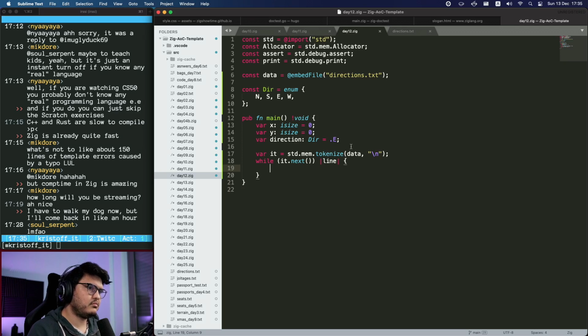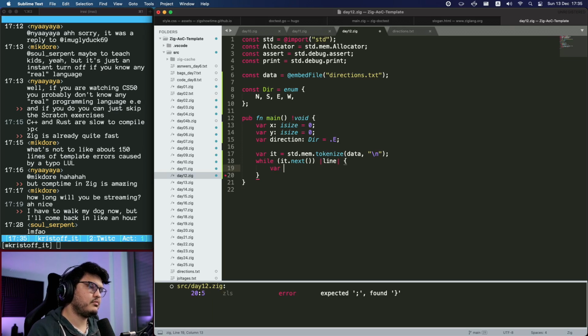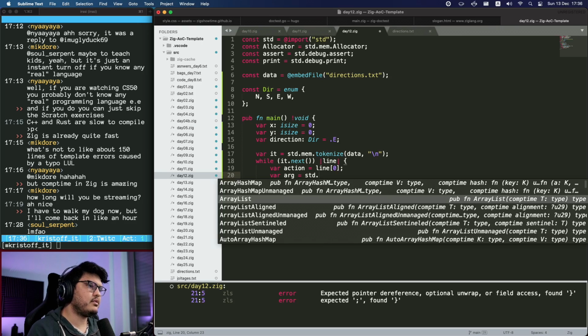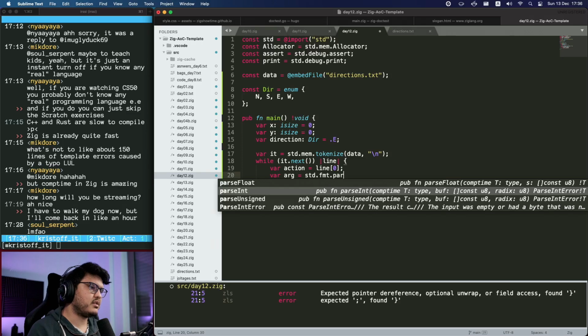So action equals line 0. And I'm gonna use characters. I'm not gonna parse those into an enum. I don't think there's any need for that. And then var num or arg, call it argument. It's the argument of the action. The argument is std.fmt.parseInt